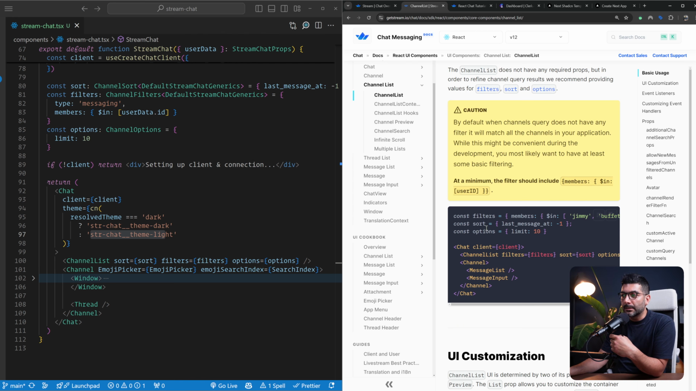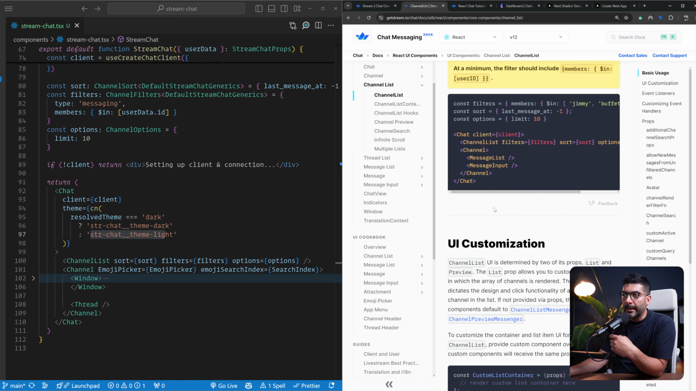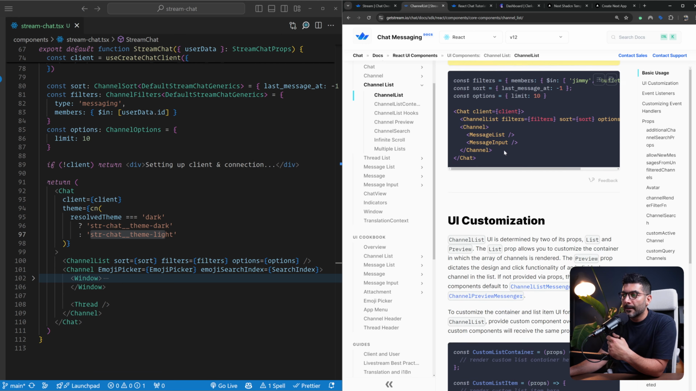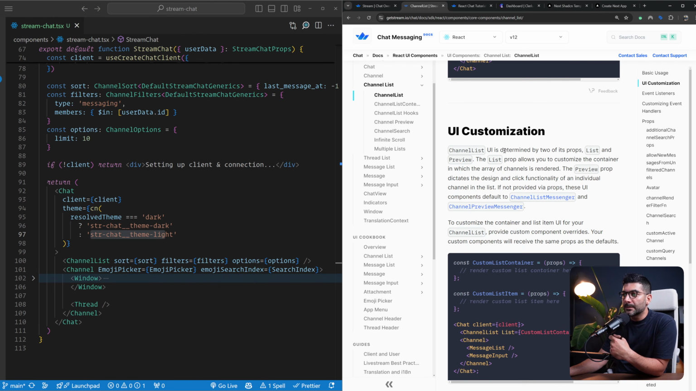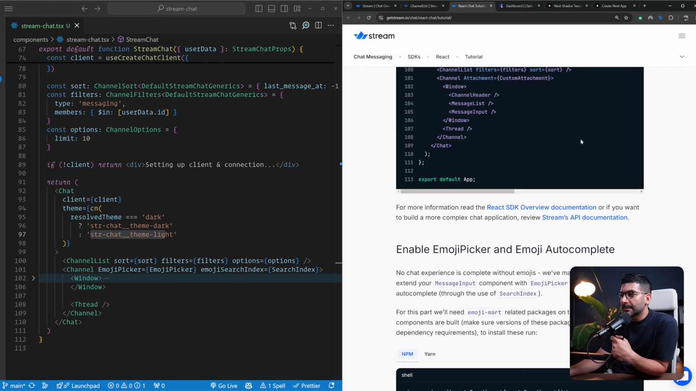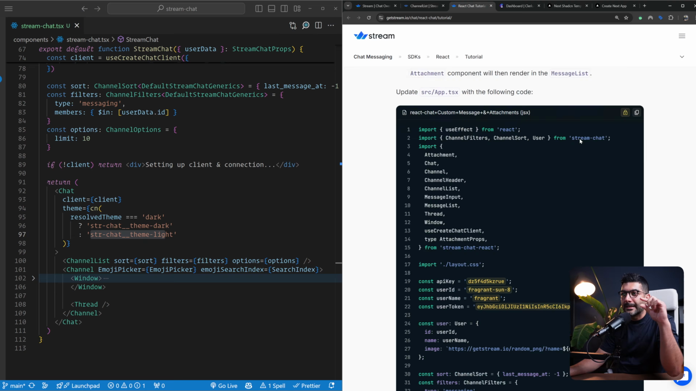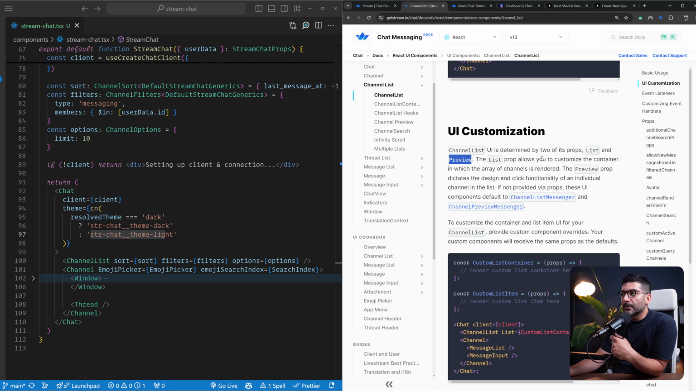You could just go through this and read more about the different props that you can pass in. Now, in terms of customization, you have two props that you can pass into this component. One is a list and one is the preview. In the tutorial that we have seen together, they were passing in the preview component, which is every list item. In our case, we're going to pass in the list, which is the entire list, because I want to show something up top and